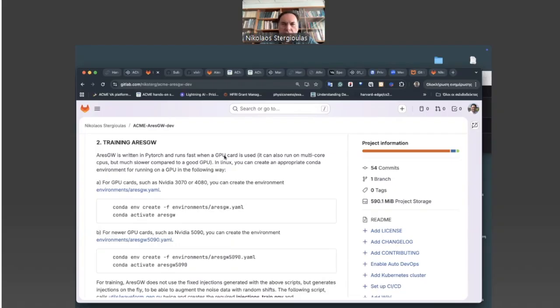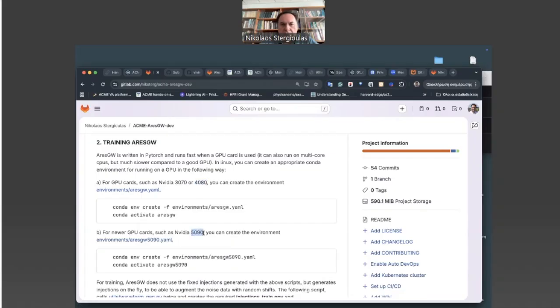And in fact, when we say good GPU card, even a 3070, which is an 8 gigabyte card, relatively inexpensive, many of our production runs were done on this small card. 4080 is even better.